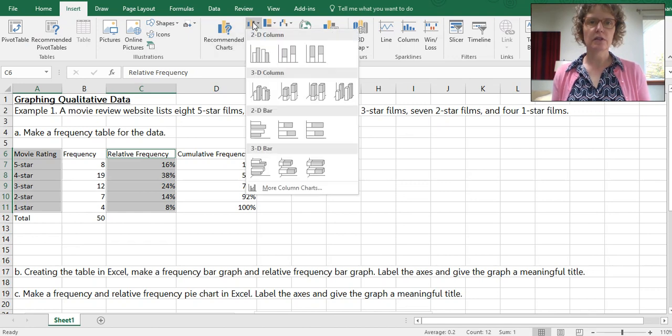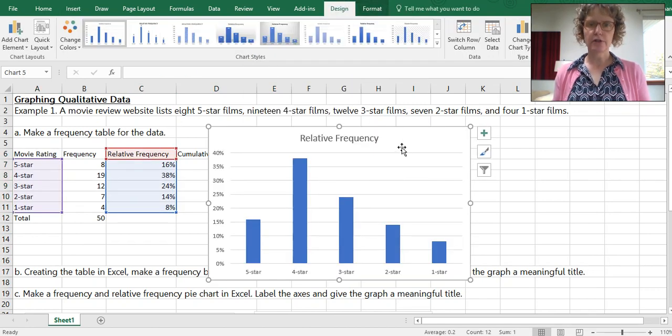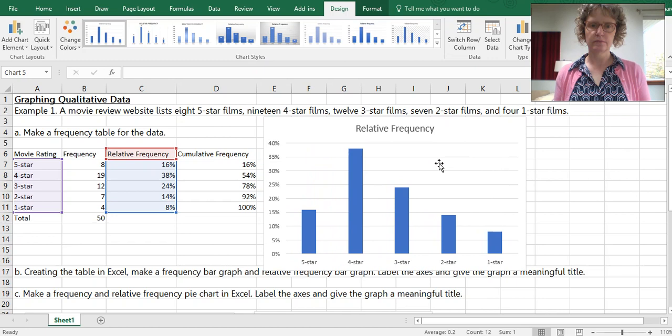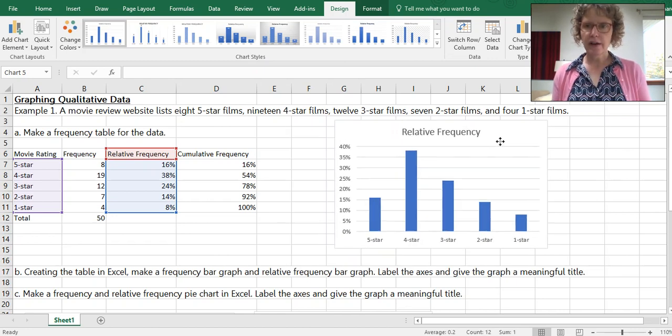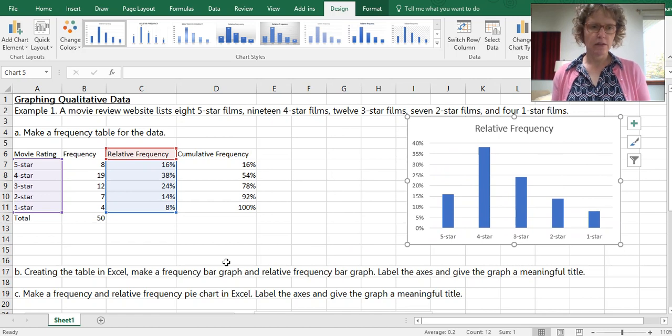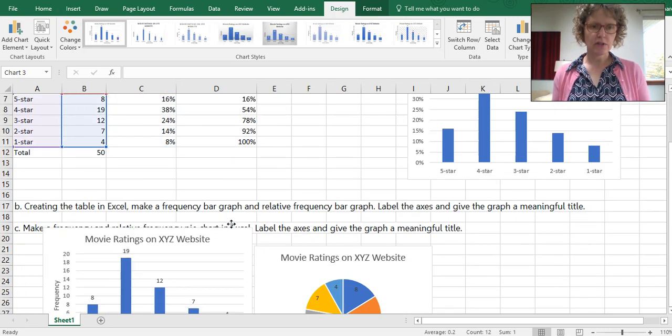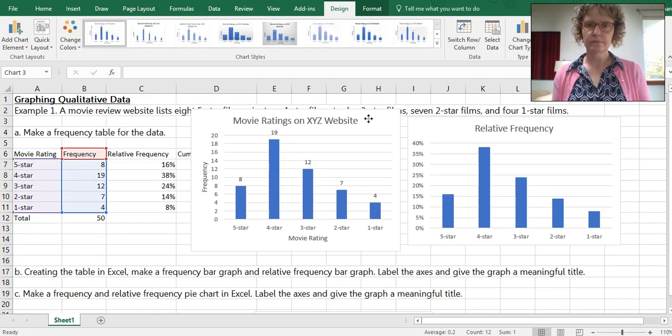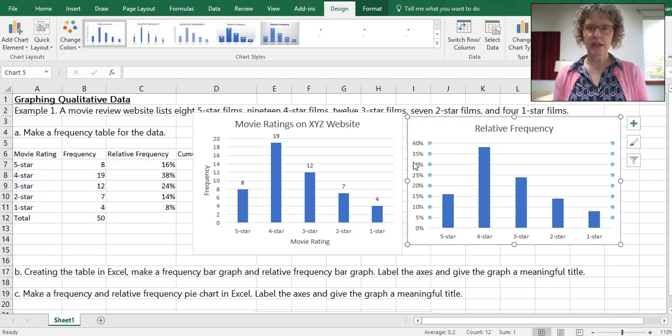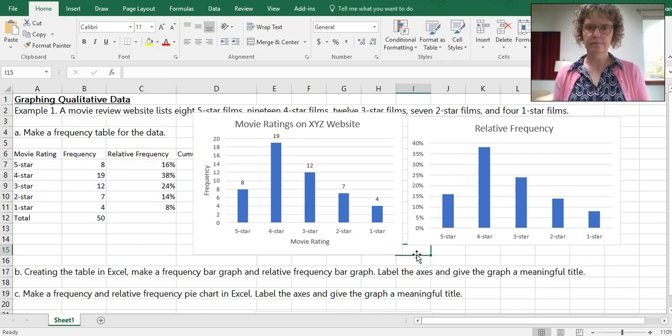Insert bar chart. Notice how they look pretty much identical, except for the scale on the left. See how the frequency over here is in numbers and over here is in percentage, so that's the relative frequency.